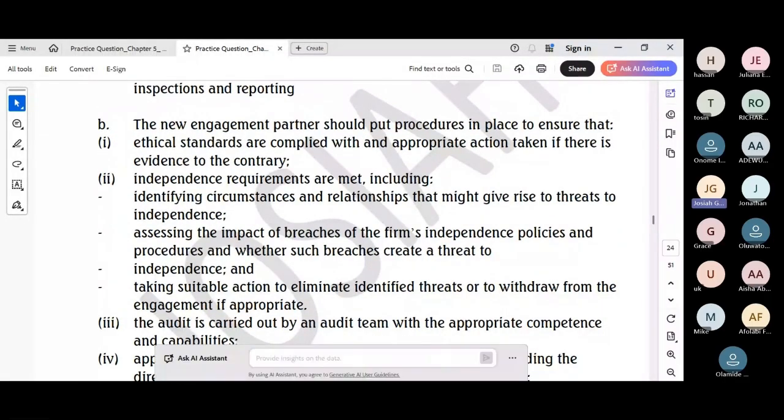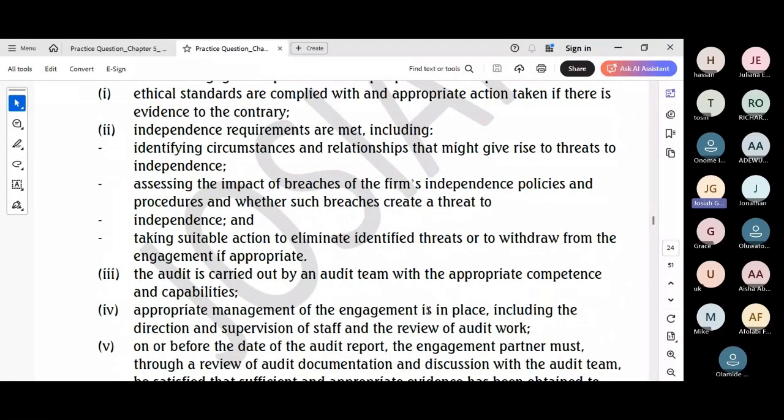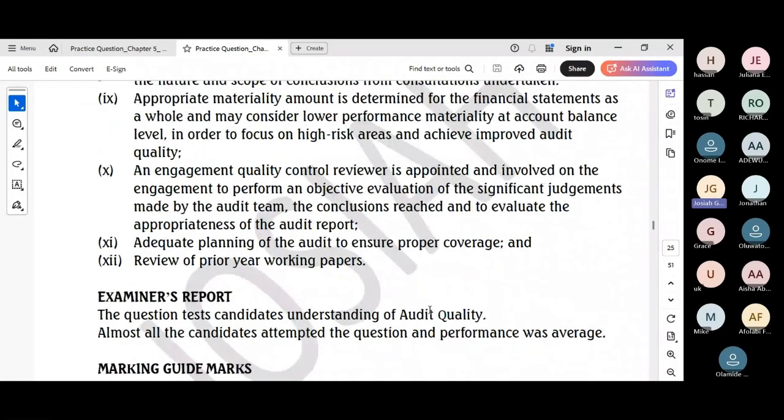And for the B part, actions to ensure high audit quality, which is 9 marks. In writing this part, I think the core of the question asks for specific and implementable recommendations for the new partner. So I think your answer must go beyond generic statements and focus on the principles of quality management. Think about the entire audit cycle from team selection to final report review. So the question asks for 6 actions. You should provide a clear, separate, well-defined point for each. So I think the solution provides a good prototype,